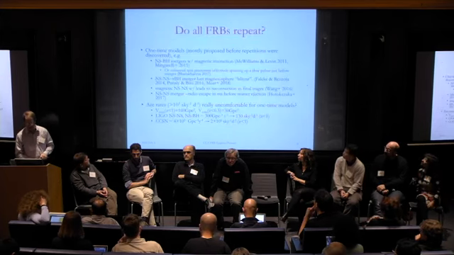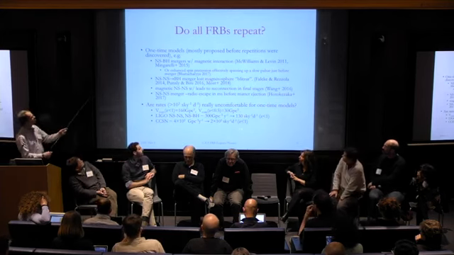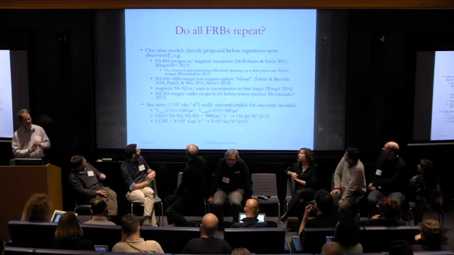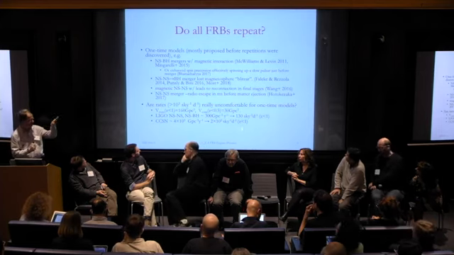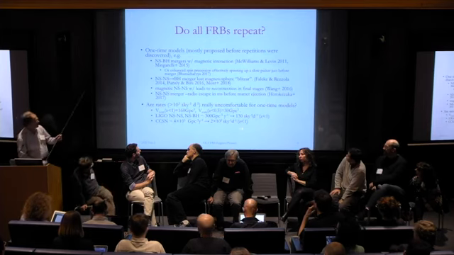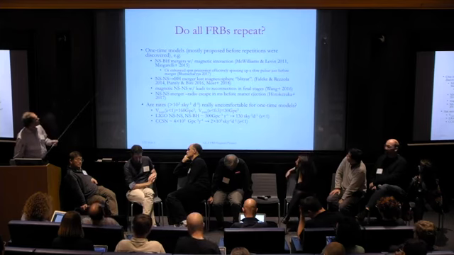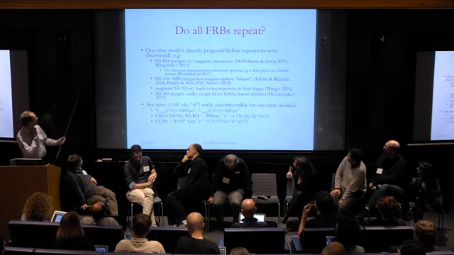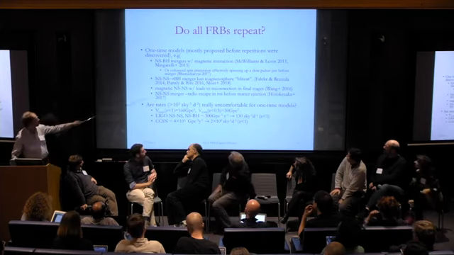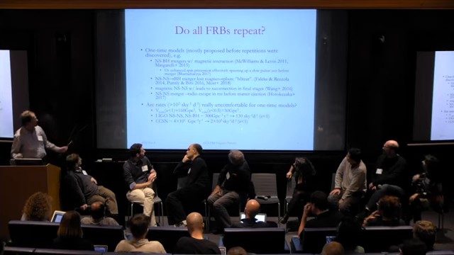Okay, so to me, this is an important question, which I think has been asked a lot. As time continues to observe, how does the repeating fraction evolve with time? One would expect that if all FRBs repeat, then that fraction should increase with time. There were lots of one-time models which have been proposed. I don't know whether we want to go through them. Some of them have been discussed already. The rate question was kind of raised.